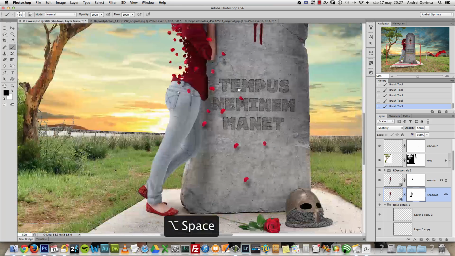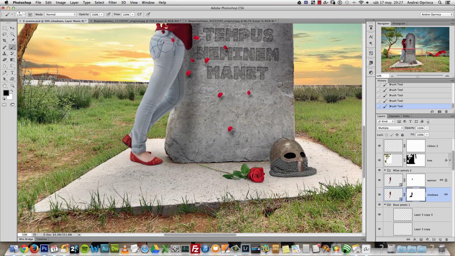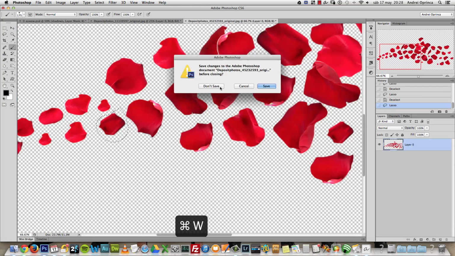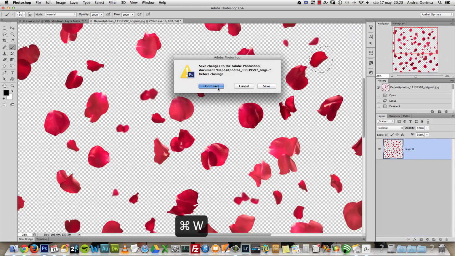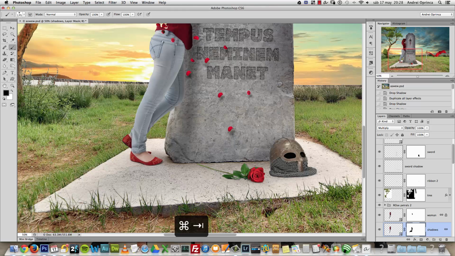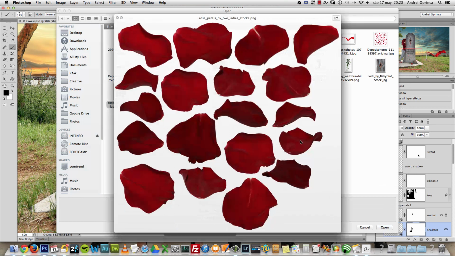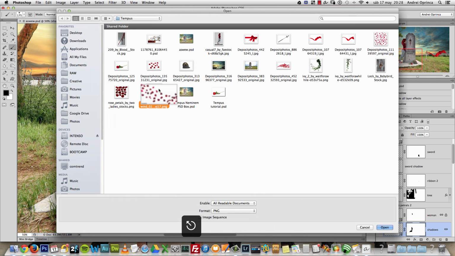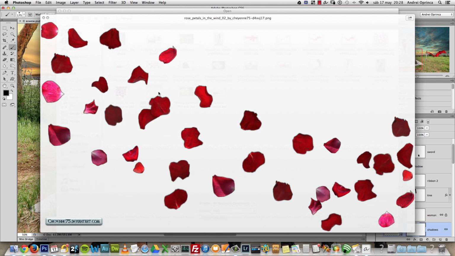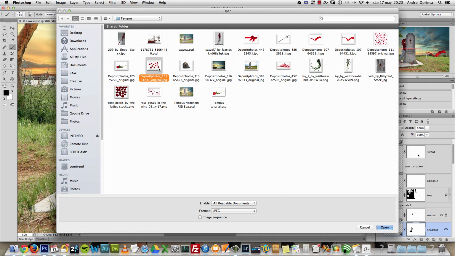Okay, now let's move on and add those petals there on the ground, and for that let me close this first. I used another stock image, which is this one. These petals are from DeviantArt. If you want to use them, looks like the color is a lot better than the other ones because these are darker. I'll give you the link to those on my website, you'll find it. And these ones are also from DeviantArt, but I use these ones, and